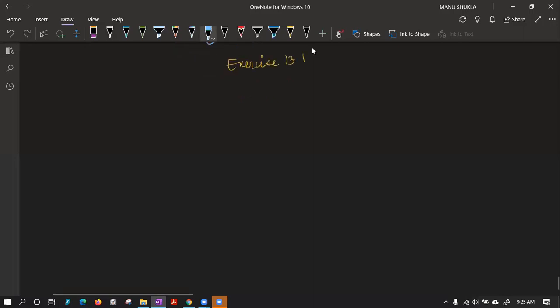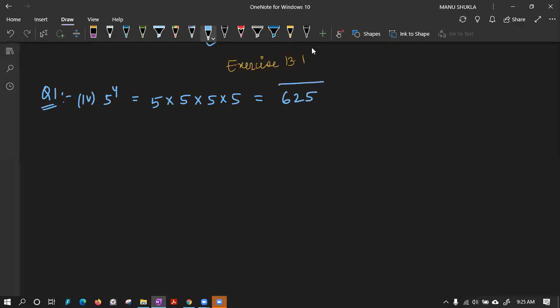Okay. Now question number 1, I will take only one part. It is very easy to solve. Suppose you want to find the answer of fourth part, 5 power 4. Very simple. 5 power 4 means you have to multiply 5 how many times? Please tell class, 5 power 4 means we have to multiply 5 4 times. And the answer is 625. You can check on your own, the answer is 625.